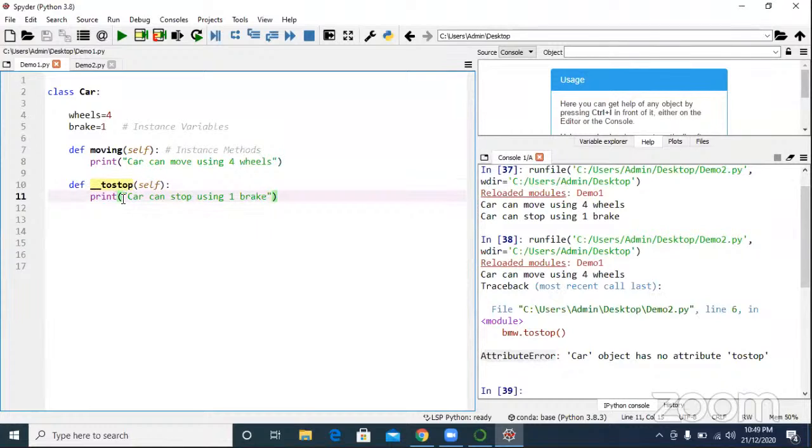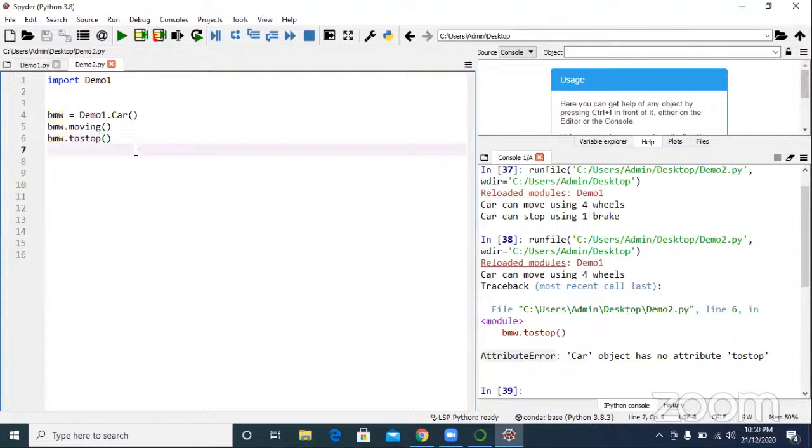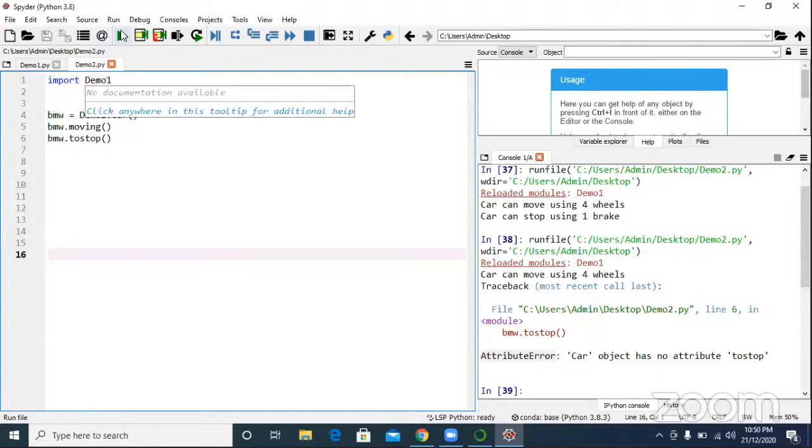How can you achieve encapsulation in Java? Tell me. Encapsulation is data hiding with private, like the SSN number or credit card number. You cannot access it in the log. Correct? Similarly, here we will say simply with underscore underscore. That's it. No other thing. If you put underscore underscore in a class, you cannot access it anywhere. Here it won't display any error. It is 100% correct. But if you execute, you will get a runtime error.